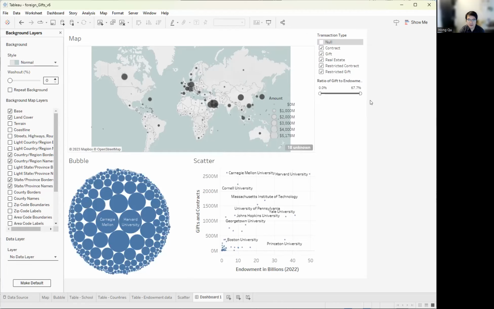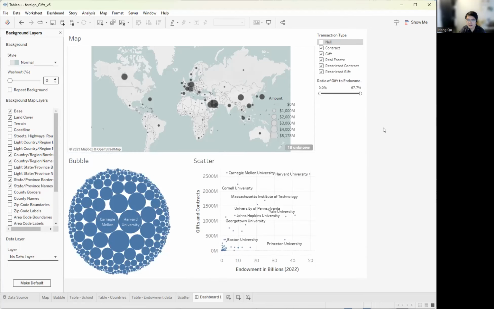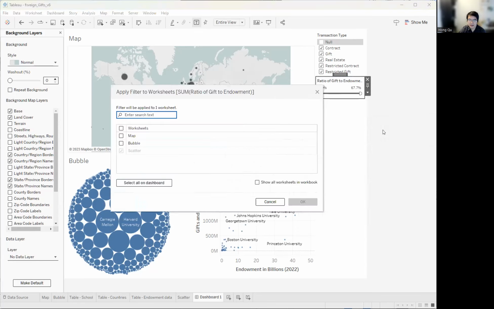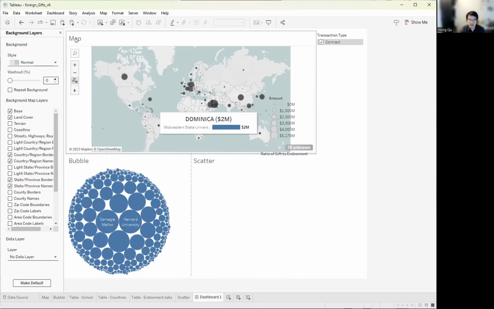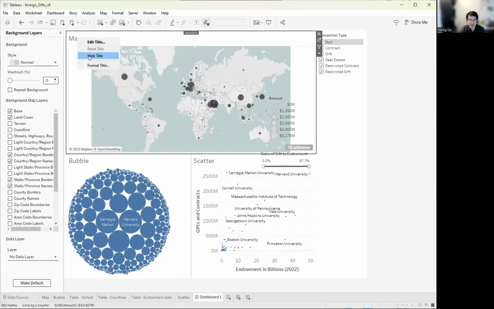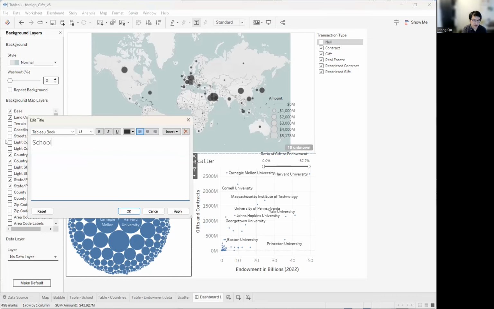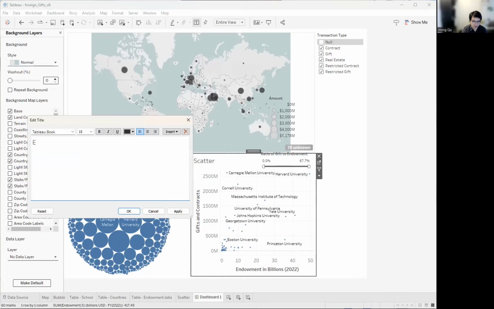Okay. And you can decide whether this filter applies to everything or applies to a few of the charts by going to apply to chart, selected charts. That's up to you. Cool. And I did drag this filter over here in my original design. And of course, you have to retitle some of these. The map is intuitive, so I'm gonna hide this map title. Instead of bubble, you could say schools. You can either change the top chart title in the sheet, or you can just override it by typing over it. And here, I think I used the word endowment